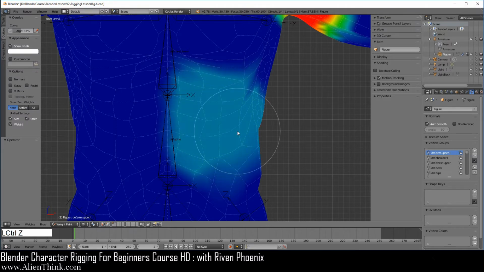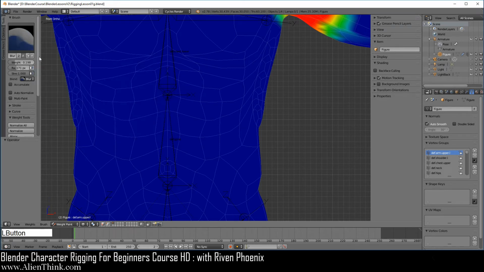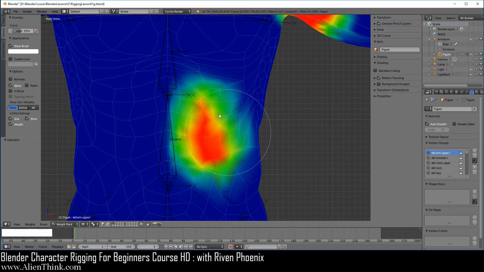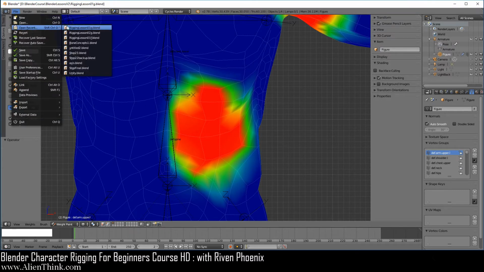Now do Control Z to undo this. Now when you have spray on, this is working like an airbrush. Basically the same thing that we've seen under the brush accumulate, the blur accumulate. So it works like an airbrush, right? So now when you click it, if you keep going in circles, it'll just keep spraying and spraying. So that's how this is working. Okay, go ahead and now just reload the file again.